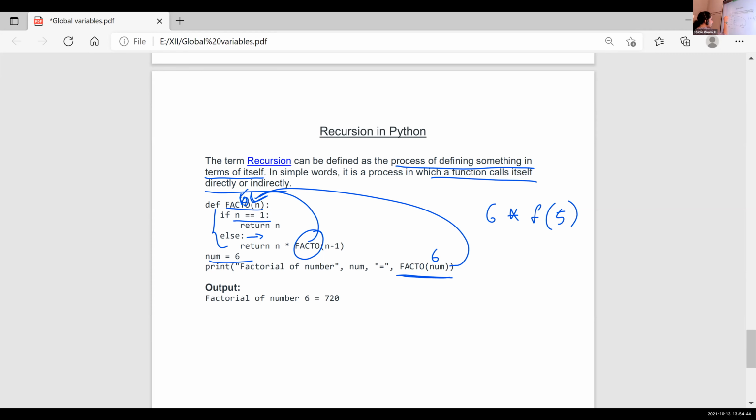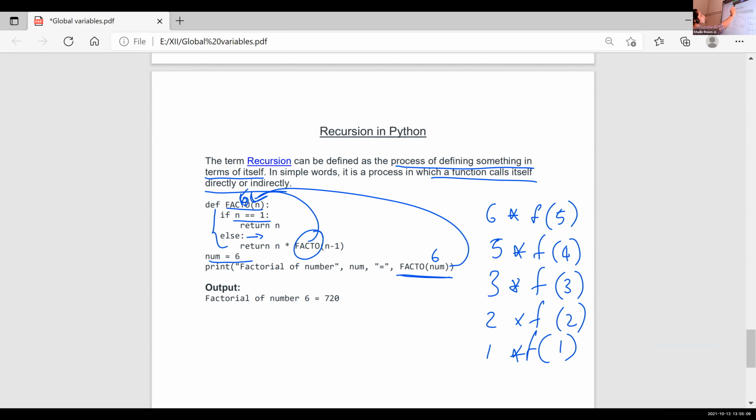So it will again execute this one, that is 5 into fact of 4. Then n minus 1, that is 3. So 3 into f of 3, 2 into f of 2, then 1 into f of 1.